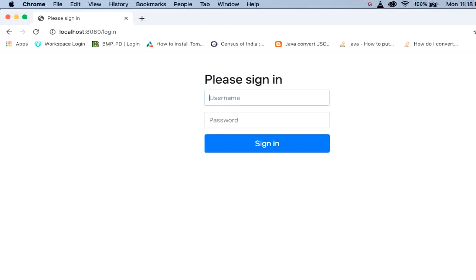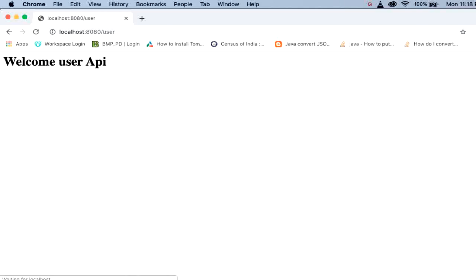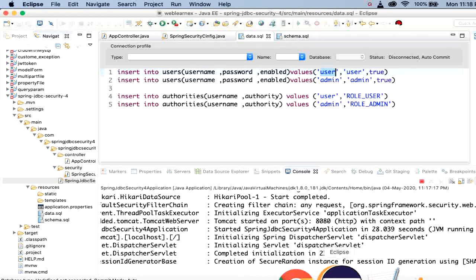Sorry, the user password is user. So you can access it properly. There is no problem with this schema data.